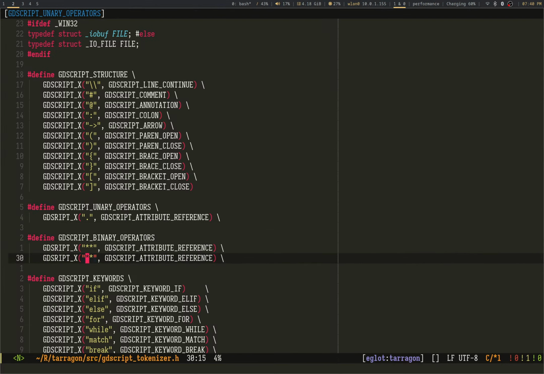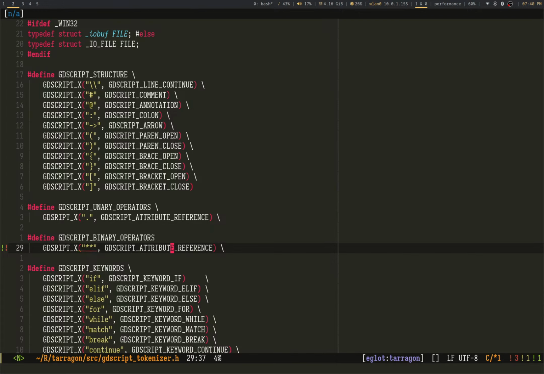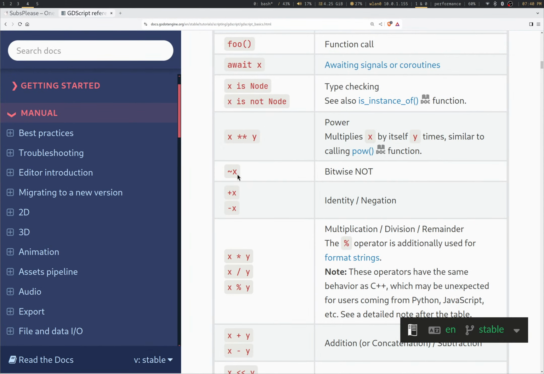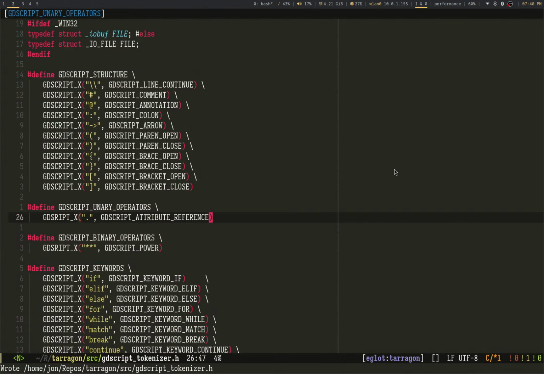Oh my god, I'm gonna have to do that before that. Bitwise not. We have identity. This is insane.